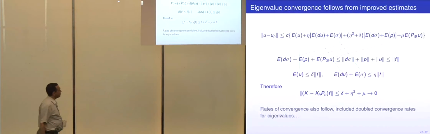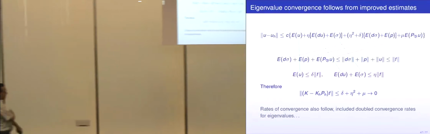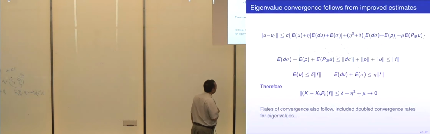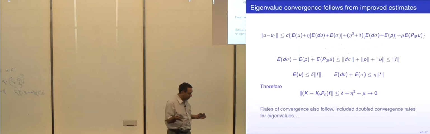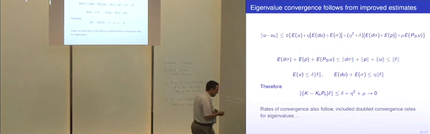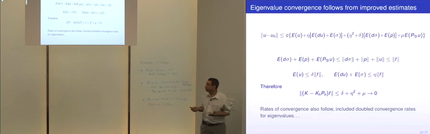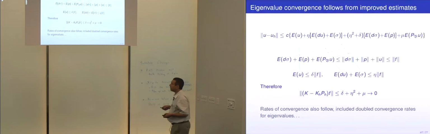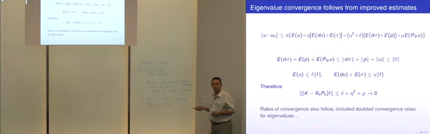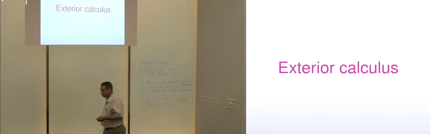Then you go back to papers like Babuska and Osborn or Boffi, Brezzi, Gastaldi, and the arguments have been well worked out for how you get rates of convergence. And the typical thing you see is that the eigenvectors converge at about the same rate as the source problem in the energy norm, and the eigenvalues converge at about the square of that rate. That's typical. And that can be proved in this case also. And so you get eigenvalue convergence like h to the 2r typically. Okay, that's all I'm going to say about eigenvalues, unless there are any questions. And now I want to get to a major new chapter.